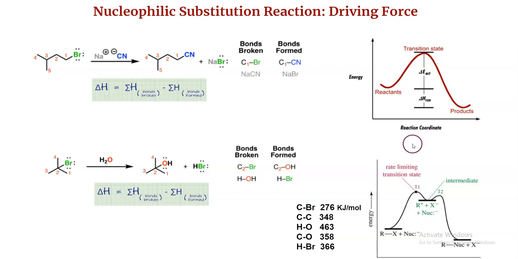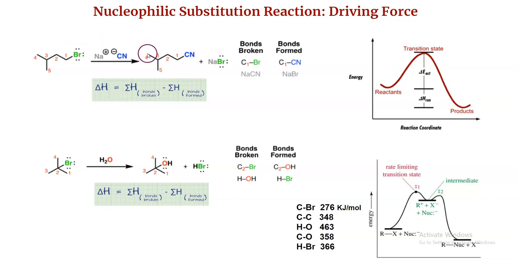Okay, so the whole purpose of talking about this energy profile diagram is that I have this couple of nucleophilic substitution reactions, and we are going to see whether in these reactions the energy is going downhill or uphill. The way we are going to figure that out is by calculating this quantity called delta H, which is enthalpy change. Don't get bogged down. This is pretty simple. It sounds exotic maybe when you hear enthalpy, but it's nothing but energy. Enthalpy is energy. So we are trying to see how the energy is changing